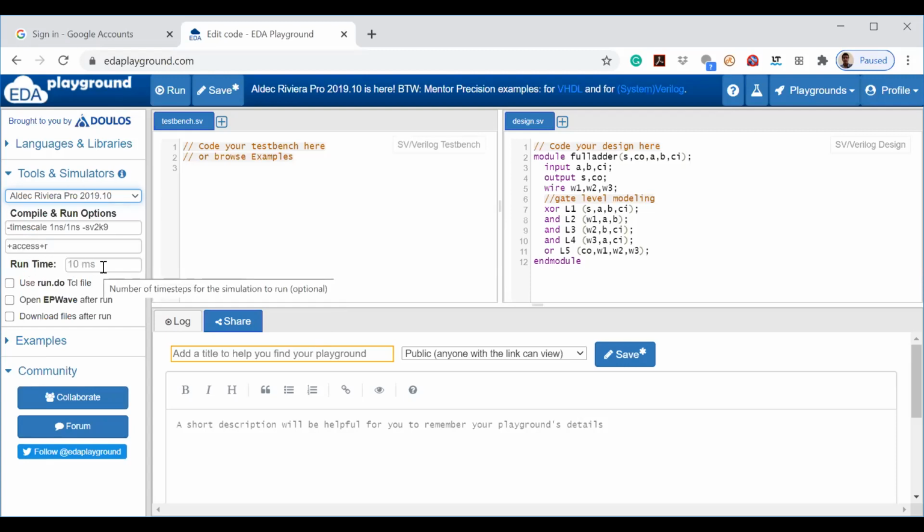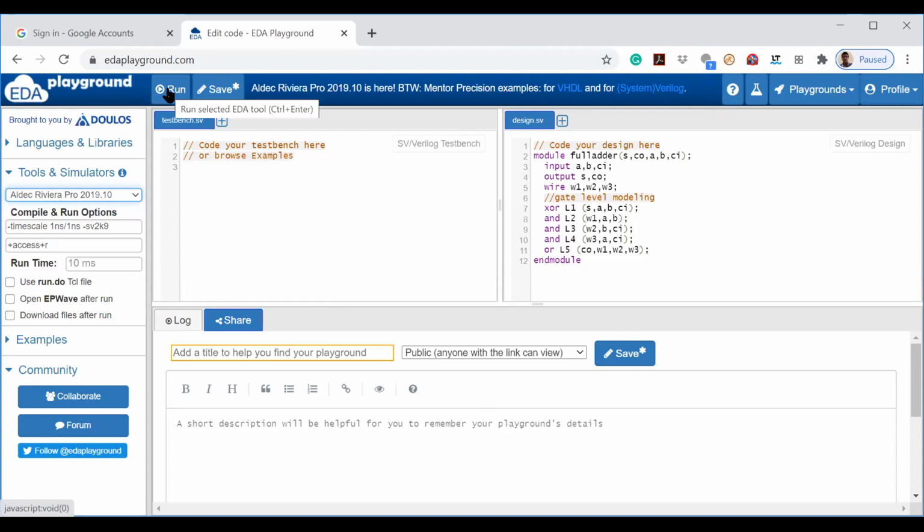Runtime by default is 10 milliseconds. No need to change it. If required, we can change it later. Since we are not writing a test bench, we will not get the output, but whether any error is there or not, you can check it. So I'm running this,